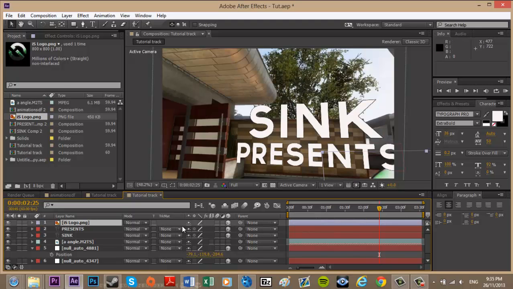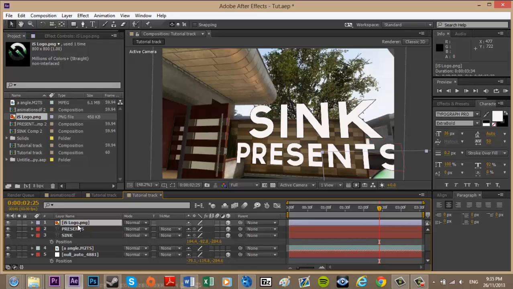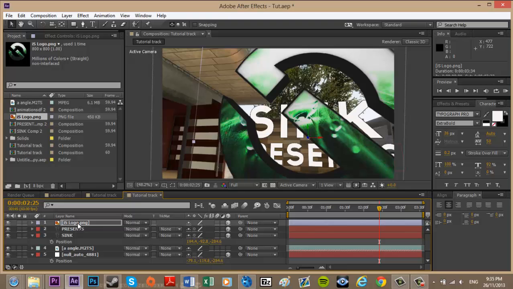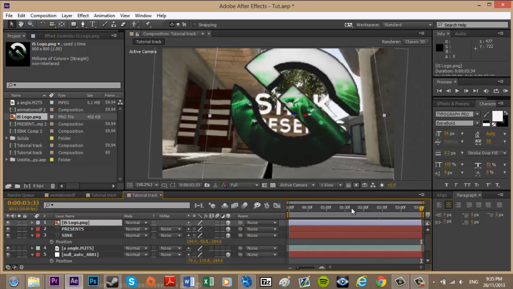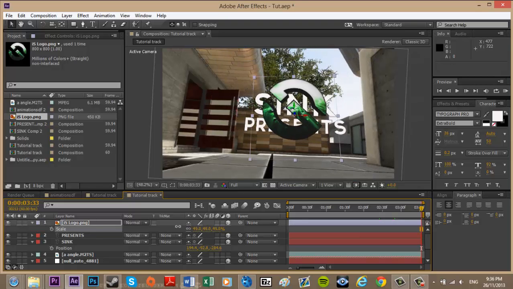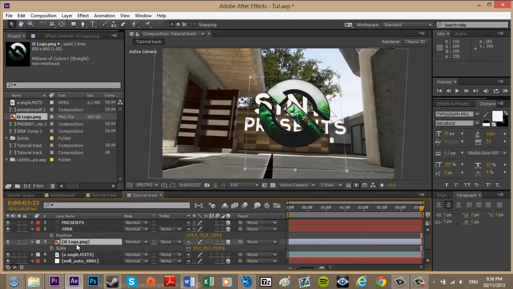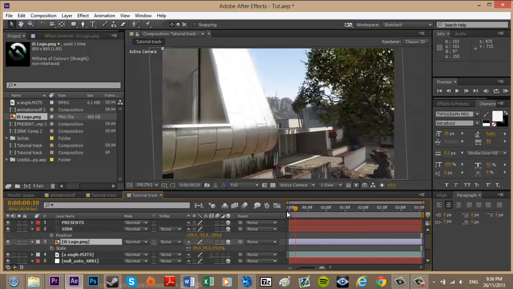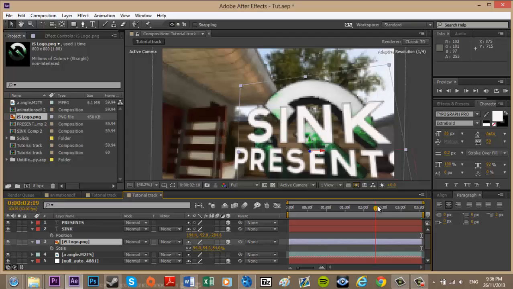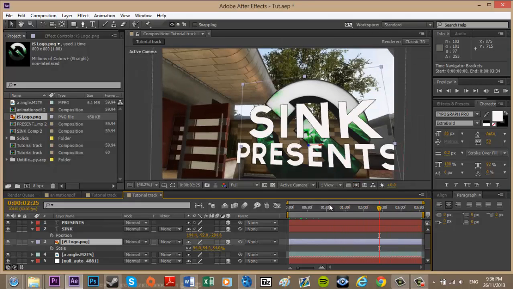and the same with the text, make it a 3D layer, then copy the position and fix our scale accordingly, as well as a little bit of position. Now if I wanted this to be behind my text, I just put the layer underneath, and you can see there. So now we have also motion tracked a JPEG file or any sort of image file,